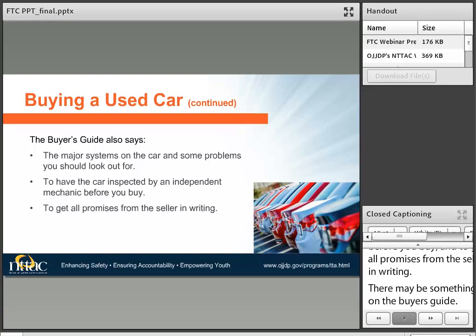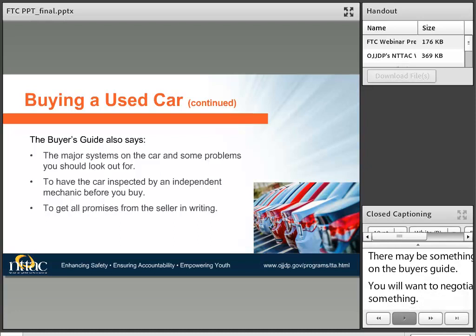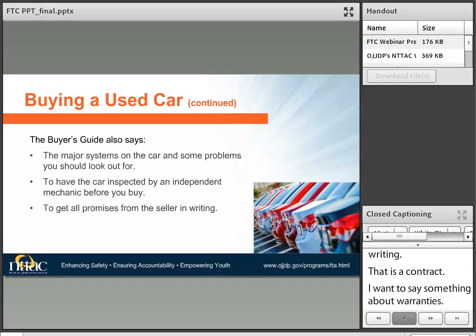I want to say something about warranties. There are a lot of them. So we can have, as we said, an as-is no dealer warranty. We can have implied warranties, implied warranties of merchantability, implied warranties of fitness for a particular purpose, and full and limited warranties. So there's a really great resource we're going to get to on the next slide, but all of this information is covered there for you.